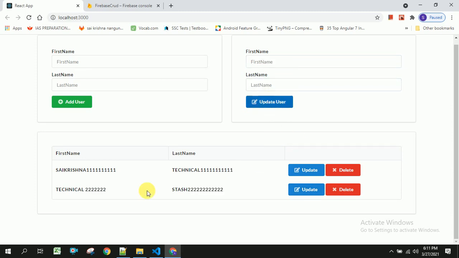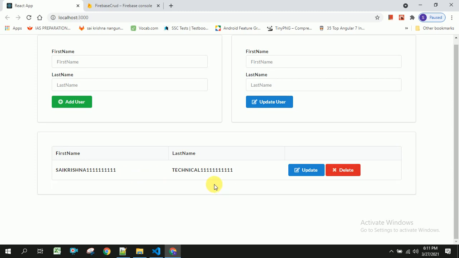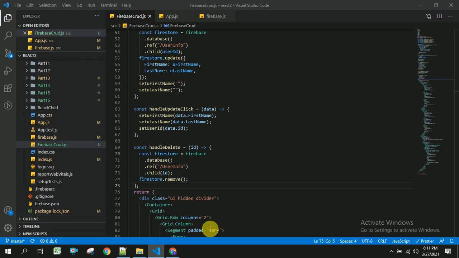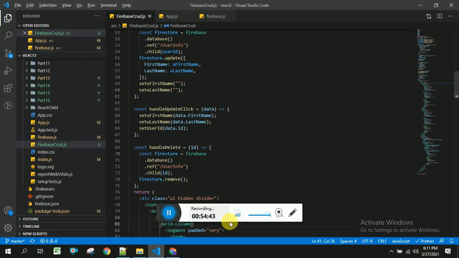You should be able to see the updated value, and I will delete the second one. So you can see here it got deleted, and I will delete this one as well. So you should be able to see the text. So in this way we can perform CRUD operations, adding the user, updating the user, and deleting the user by using React and Firebase database.